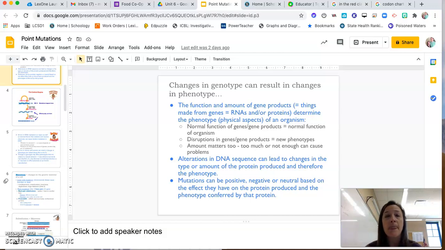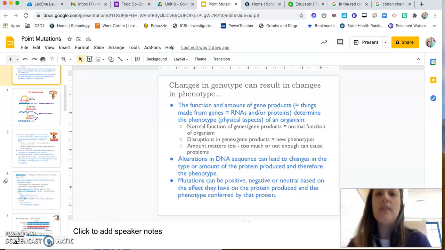And if you'll remember, we talked about the benefit of genetic variation is it increases the survivability of a species. So mutations in that way are very beneficial, just like sexual reproduction is. It increases genetic variation and increases the chance that a species will survive. All right, all that to say, when a mutation happens, a mutation is simply a change in the DNA. And when that happens, it can either be positive, it can actually help the organism, okay? It could be negative, it could hurt the organism, or it could be neutral, meaning that it doesn't impact the